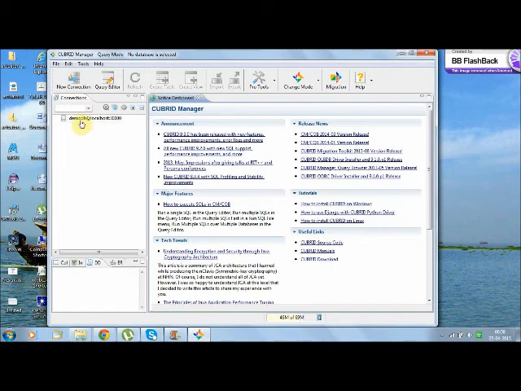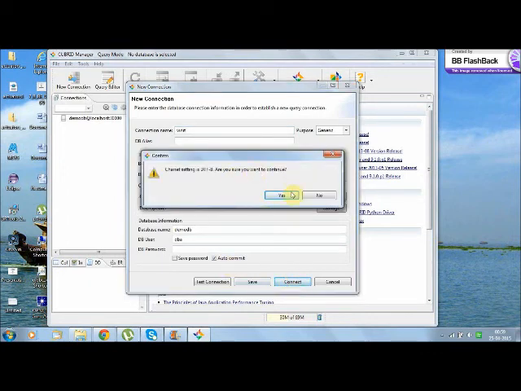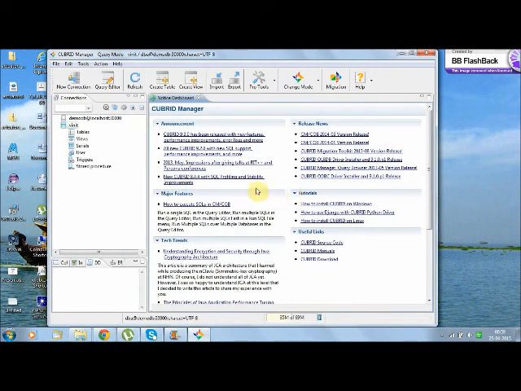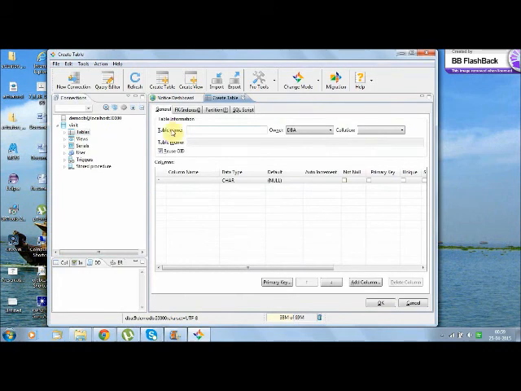I'll do the query with the demo database, which is already predefined in the cubrid manager. To create a new connection, we just click on the New Connection button, and then whatever name you want to give, I'll give it as we need, and then you just go to connect, and it'll ask for the setting, so you just put yes, and then you click on table, create table, and give the table name as